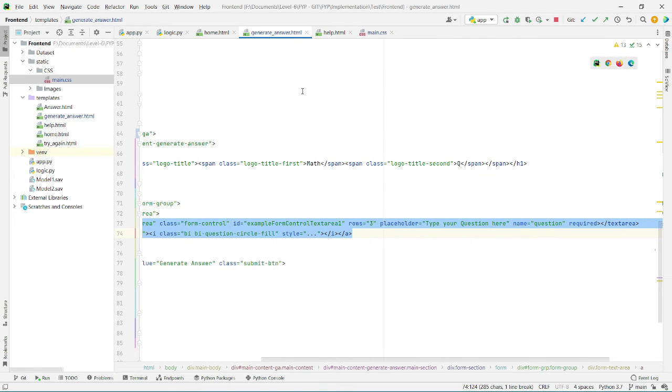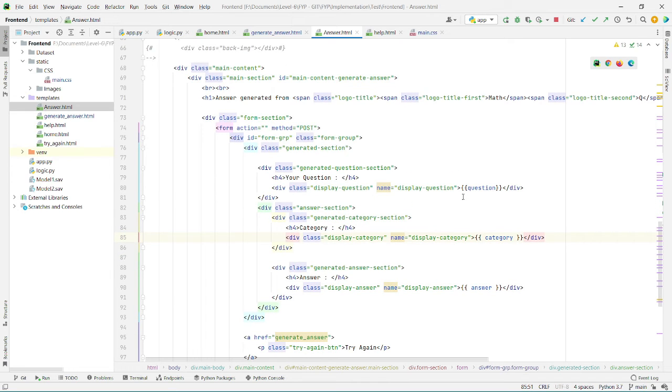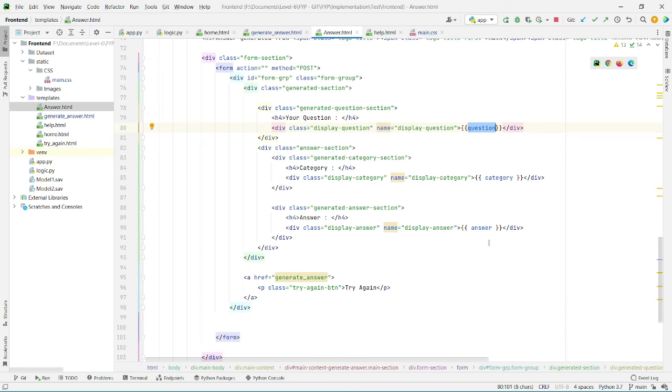And then if we look into the answer.html page, here are the three parameters, the question, category, and the answer, which are being passed from the route to the HTML page, and are taken here and then displayed in the front end.